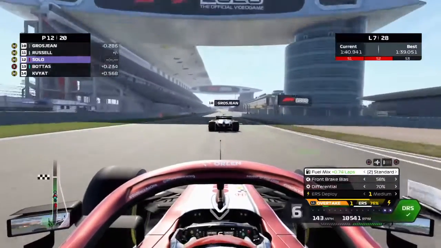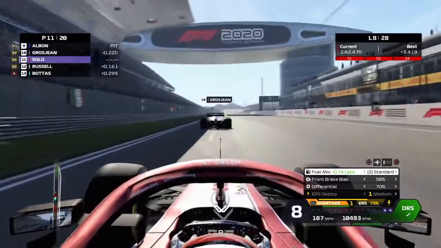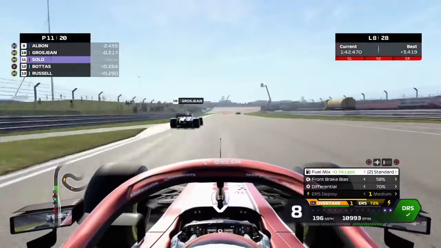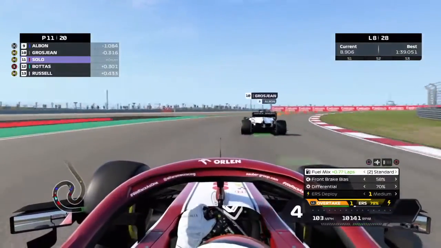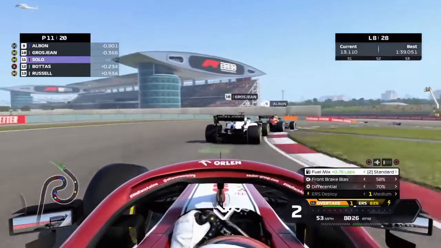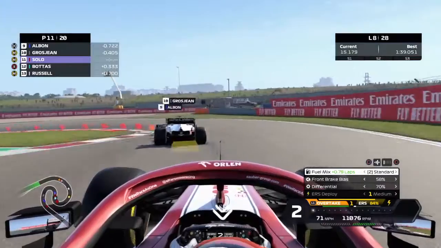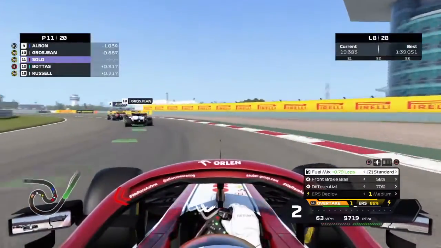Russell's slow. We turn on the DRS, and we pass him with ease. Great move by us, and after that terrible take into turn 14, and Grosjean, here we are. We have more speed. We're carrying speed towards Grosjean right now, who's being held up by Albon on the hard tires. So Albon, after having been such a nuisance in the beginning, oh wait, we lose the back end to